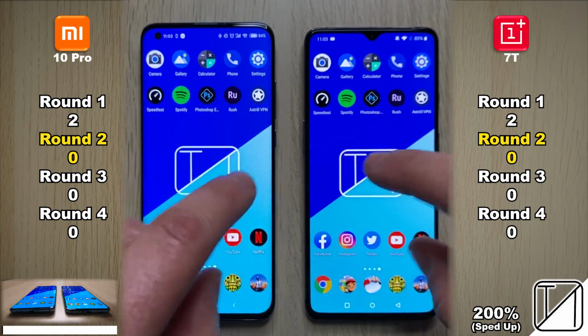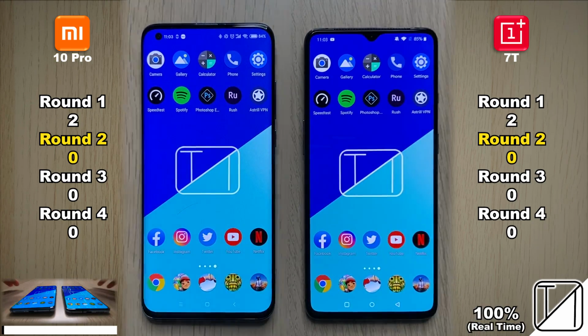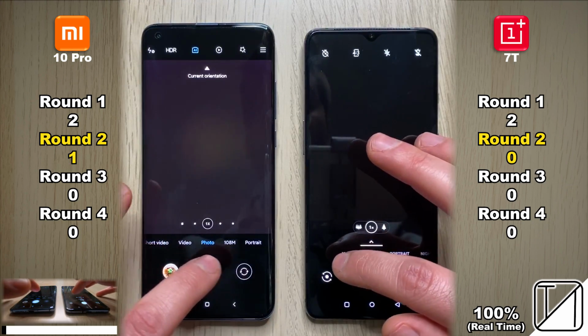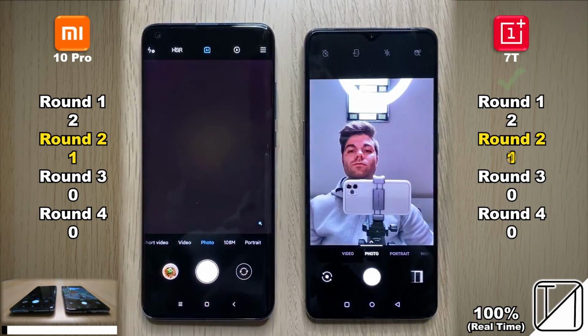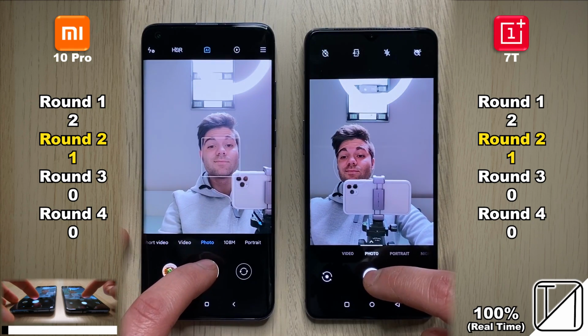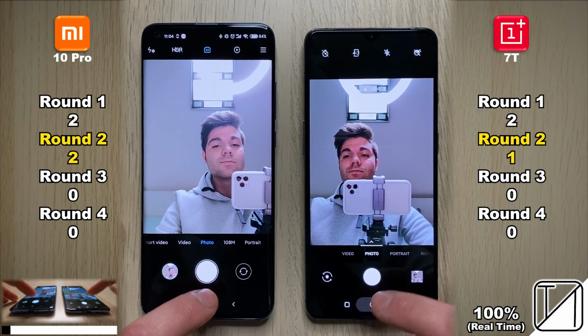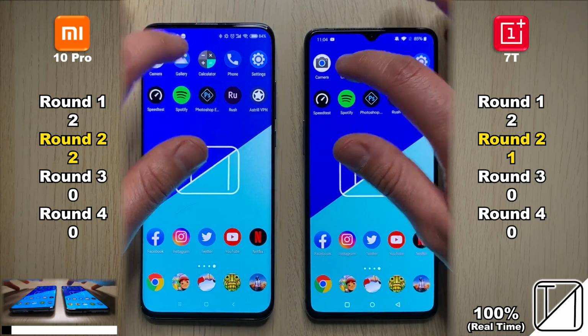Round 2, we're going from camera down the way to PUBG. Round 3, we're going to do PUBG all the way back up to camera to test out the speed of reopening apps. Then round 4 will be about RAM management, so there will be no RAM management in round 3. That will be in round 4. Round 3's purpose is about how quickly we can reopen each individual app, whether it is being closed in the